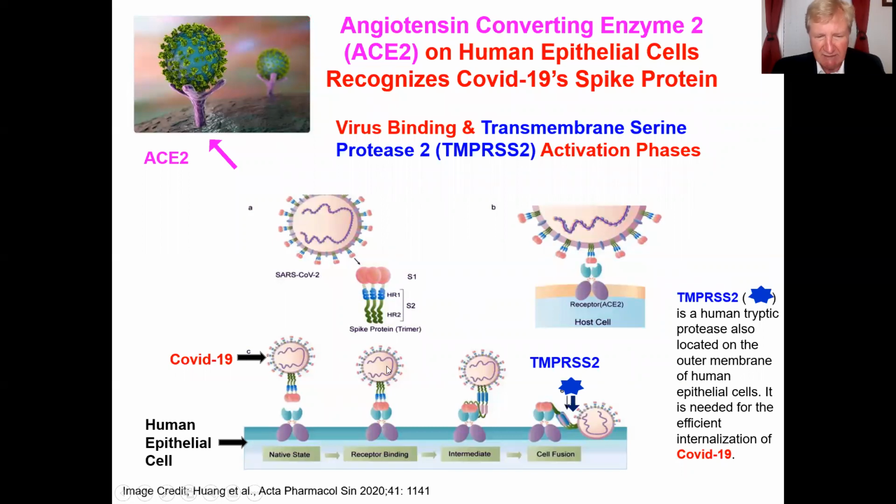The virus binds tightly. It undergoes a conformational change. And then the second step involves a protease called transmembrane serine protease number 2, a trypsin-type protease that will cut between the S1 and S2 domains, allowing the internalization of the virus